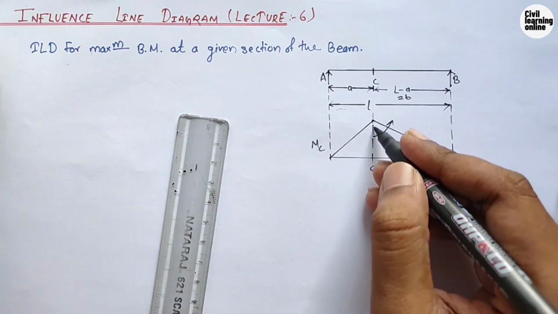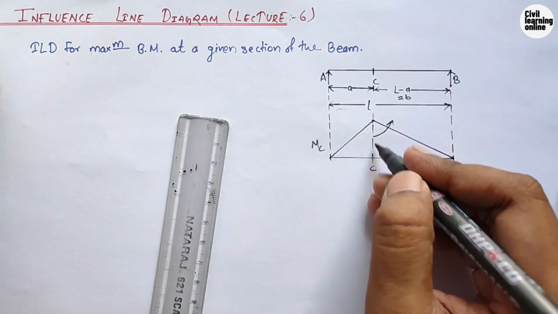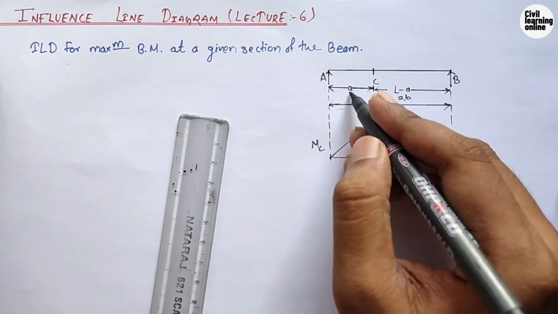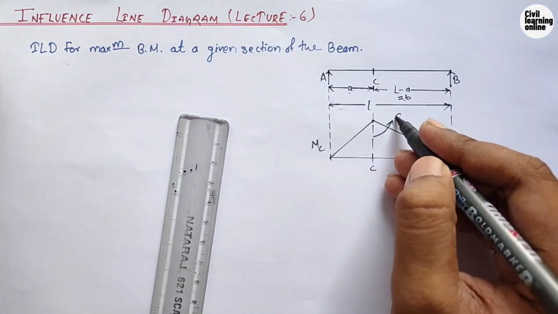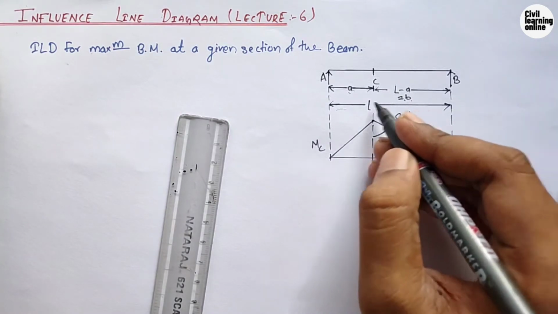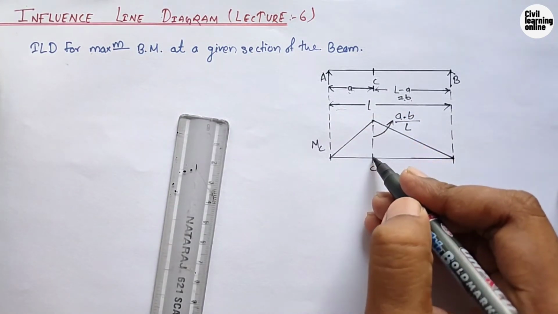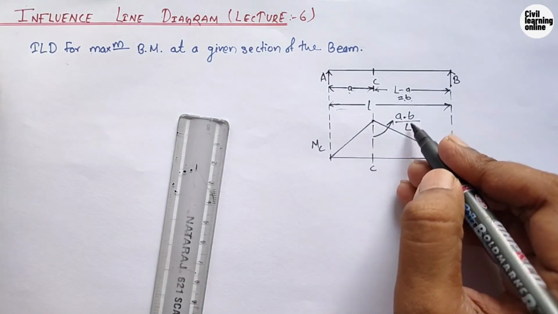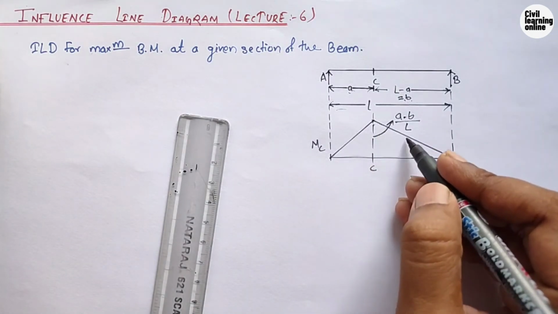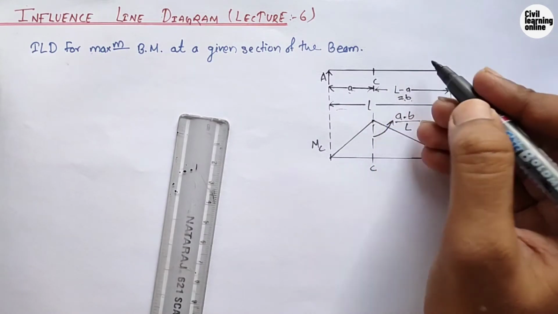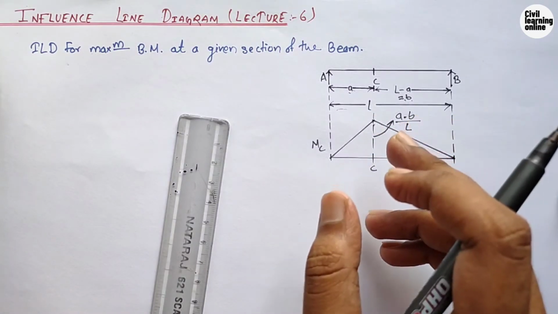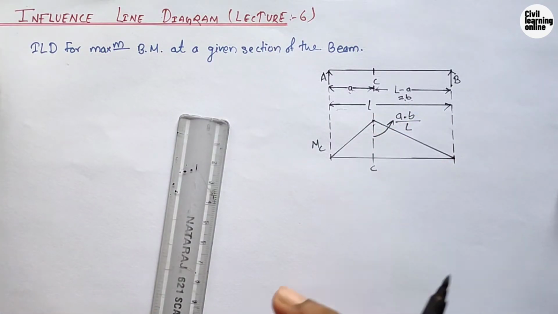Here the height of this whole influence line diagram, or ordinate under the point C, is given as the multiple of both spans divided by the whole span. So multiple of AC, means A, multiplied by span CB, which is B, and divided by the whole span, which is L. So the height of this whole influence line diagram is going to be AB by L. Now guys, after getting the height, we can easily calculate the ordinate. If there are a number of loads acting on this span, then we can easily calculate the ordinate under those loads, and on multiplying it with the loading intensity we will come to know the maximum bending moment.